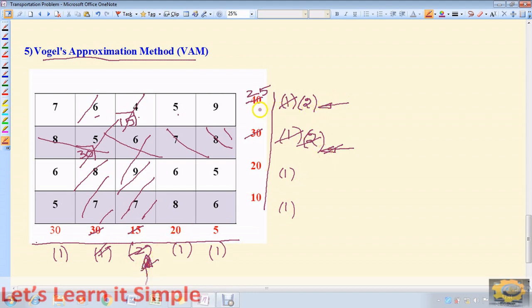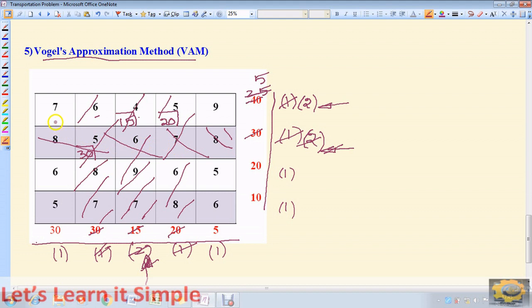Now this corresponds to first row. Least cost is 5 here. I need to allocate. Now if you verify the column, 20, if you verify the row, it is 25. Whichever is lesser, which means I can allocate 20 here. So this results in vanishing the fourth column. Then after allocating 20, now it will become 5.